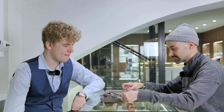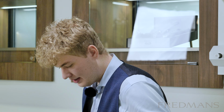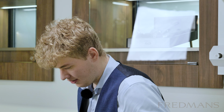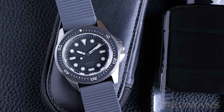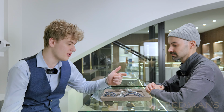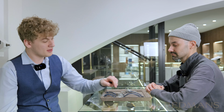What do we have here? All right, so we're going over to Unimatic now. I brought out a couple of different alternatives. These are going to be very similar to diver options. The fun thing about this one, if we're going to start off with it, is that Unimatic is mostly known for their extremely simplistic, minimalistic design, not overusing indexes, markers, or Arabic numerals, for example, which this one is the